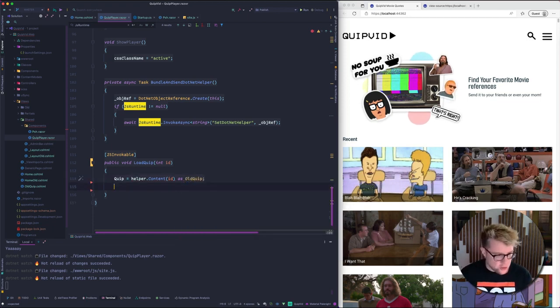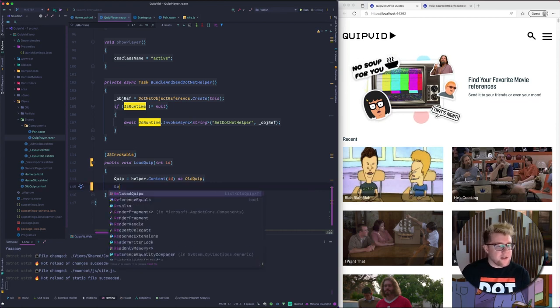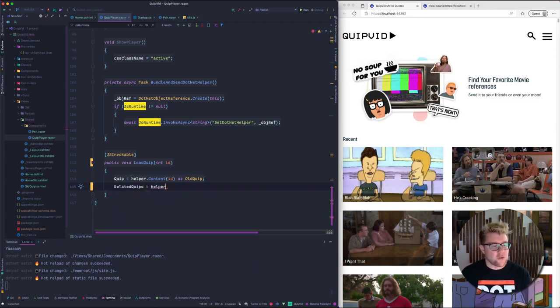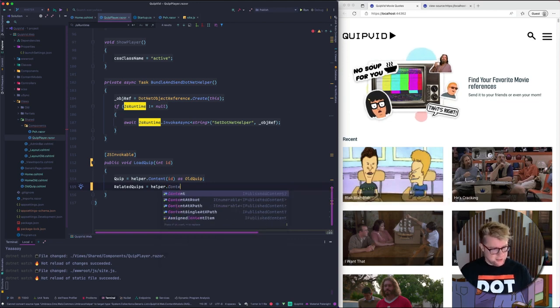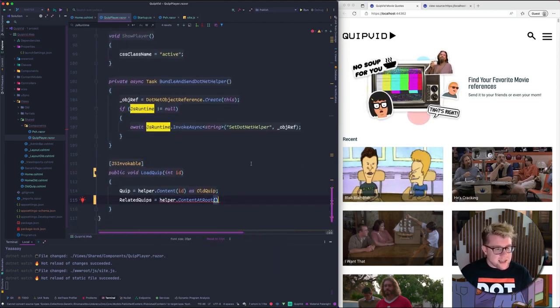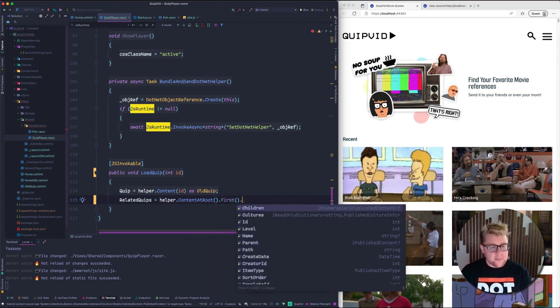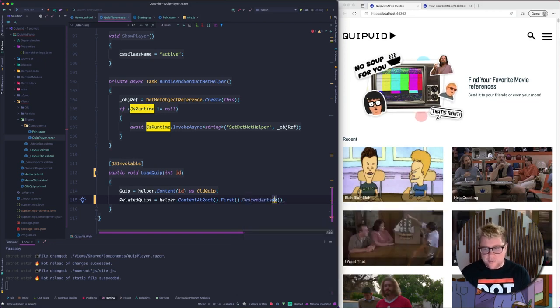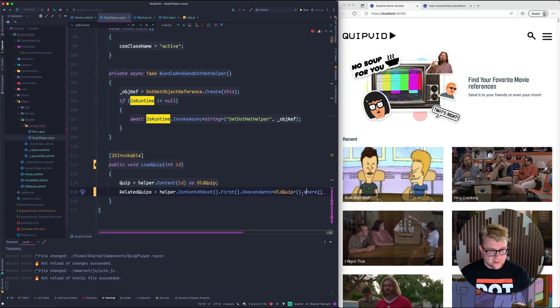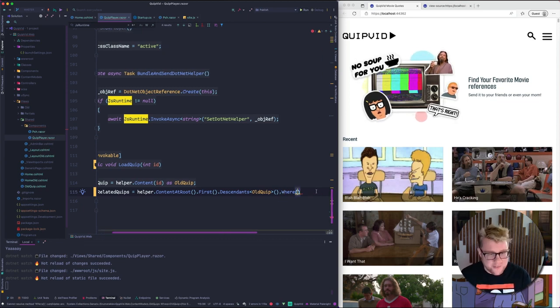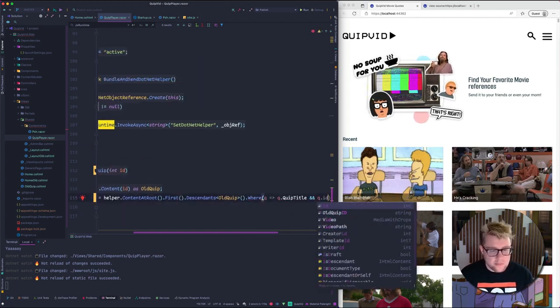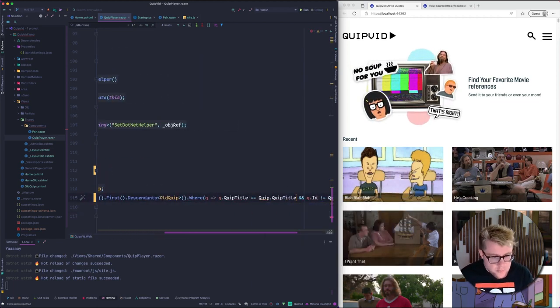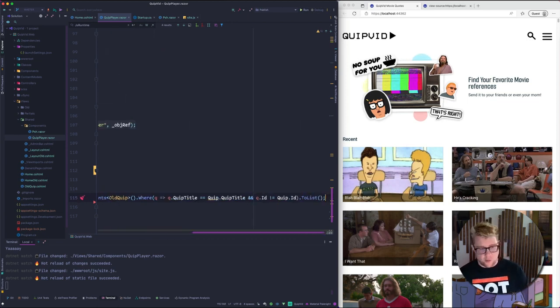Don't worry about that. That's just me juggling some of my old stuff and my new stuff. Related quips is going to, again, this is Braco-ish stuff. I should probably enlarge my text, sorry. First descendants of type OldQuip. Where this is gonna get a little, just ignore this. I'll probably fast forward past some of this. Okay, so there's my related quips,